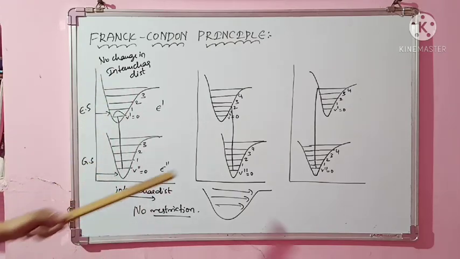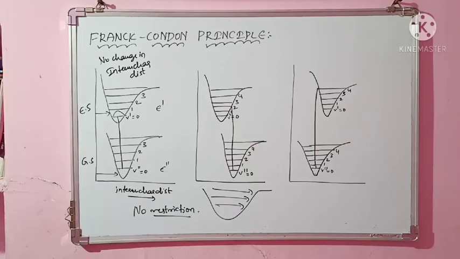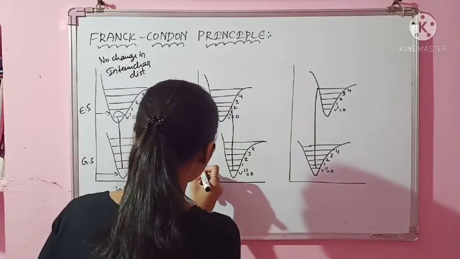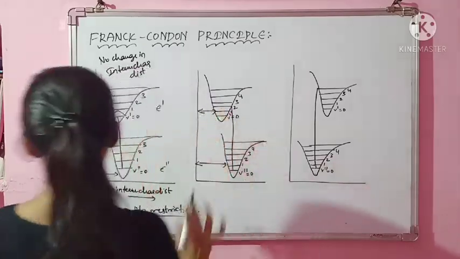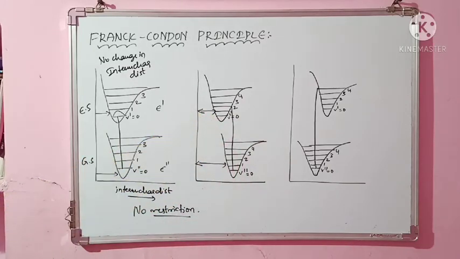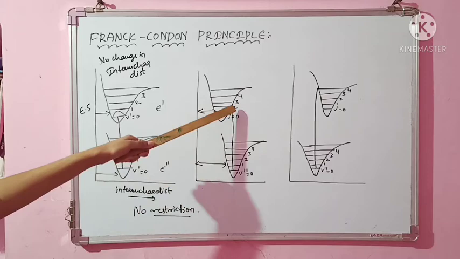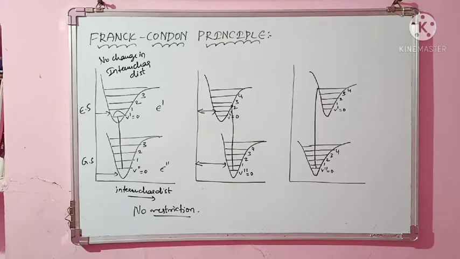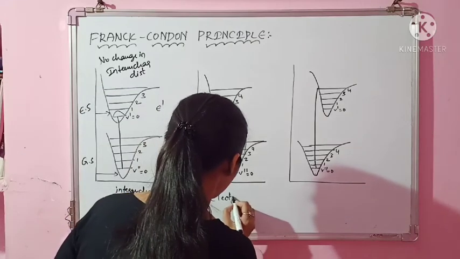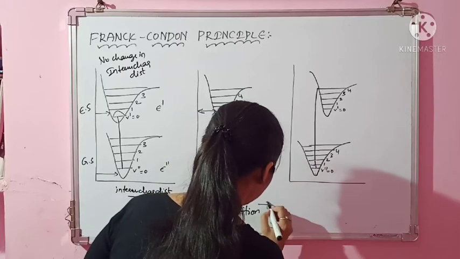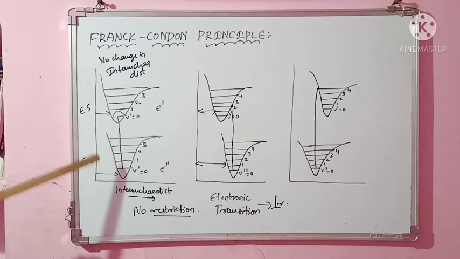Fine. Next, coming to this, can you tell me what is happening there? You can see that the internuclear distance here is this much. Here it has decreased in the excited state. Can you observe that? Here the internuclear distance is so much, and here it has decreased. During the electronic transition, you can see the probability of finding the electron is here. Why have I taken these straight lines? Because you should remember that electronic transitions always take place perpendicular, always undergo straight, so I have to take a straight line.